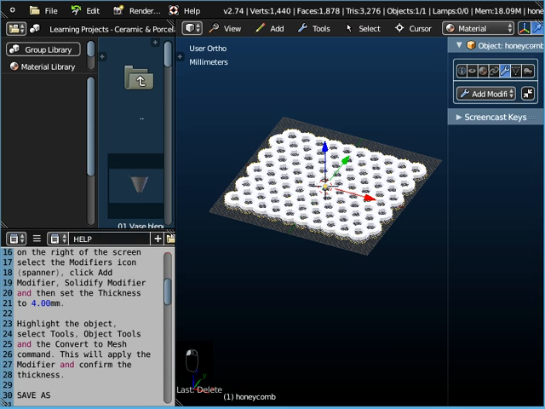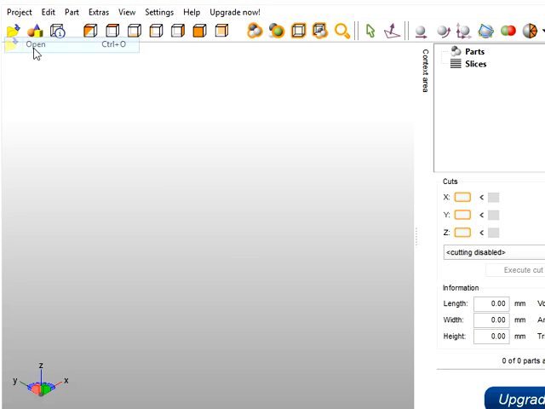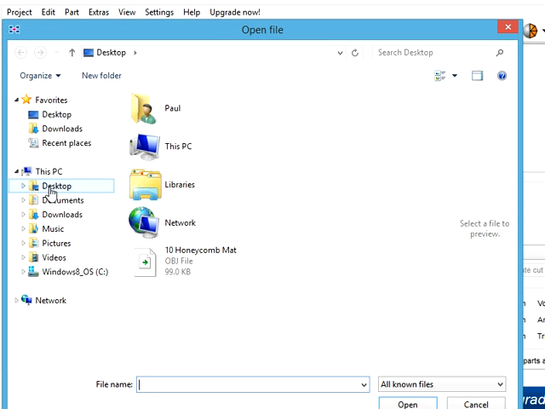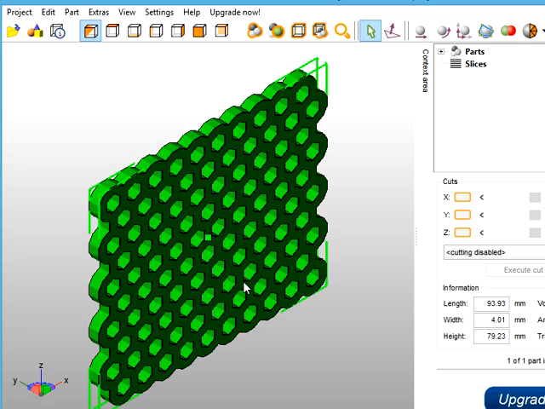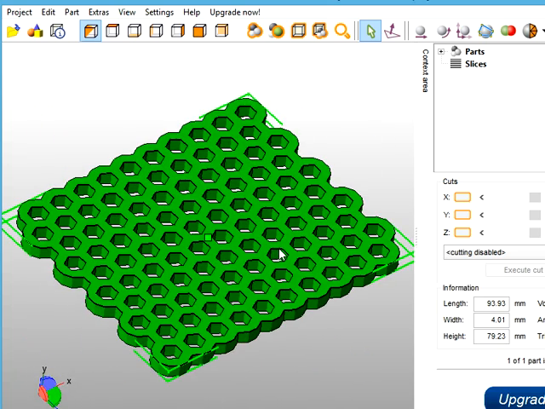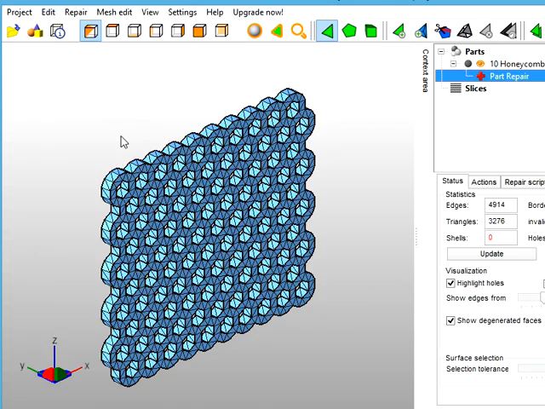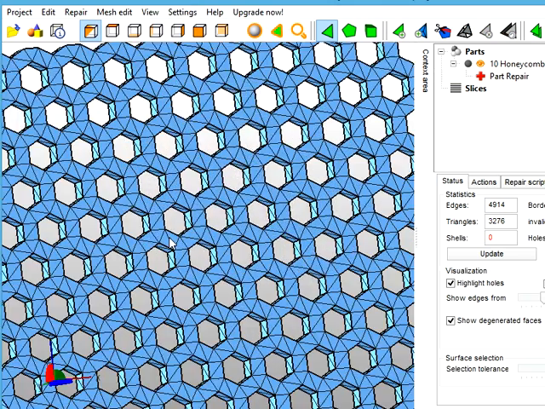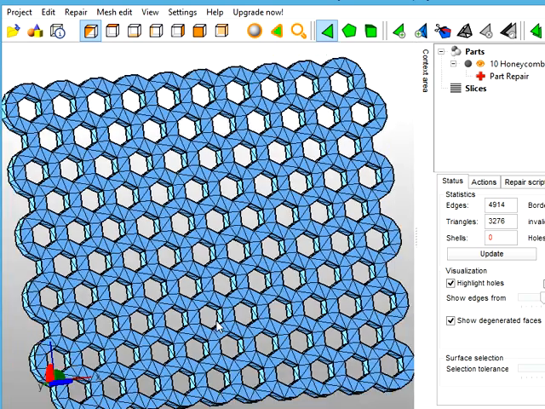OBJ file, and then always go to Netfabb Basic and go to Project and Open, and in this case we need to go to the desktop, and it's lesson number 10 Honeycomb Mat. So we just need to analyze this in Netfabb Basic and see if there's any issues with it. So just go to Extras and repair the part. Now Netfabb will triangulate this mesh, so quite a lot of these lines in here will have been generated in